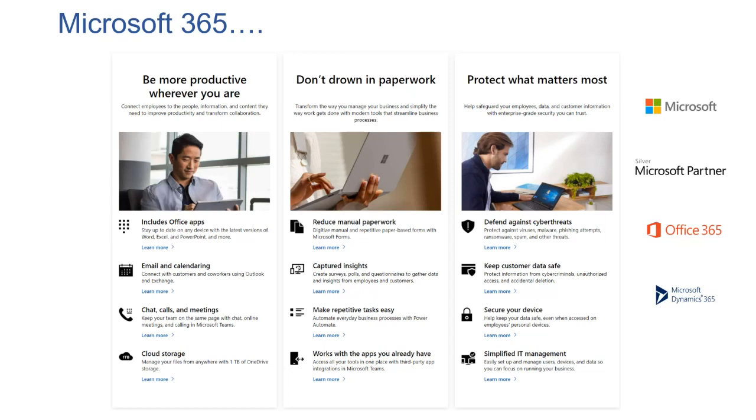But Microsoft themselves have invested billions of dollars over the last few years, really improving and adding to their whole cloud offering, and everything that they do. And Teams has been a great pinnacle of what they're doing in terms of collaboration tools and integration. And you can see all the benefits that are listed there on the slide. So yes, Microsoft 365 is the one that we would recommend. But we're going to focus specifically on Teams and the integration around Teams. So if you just bear with me, I'll pull up our process.